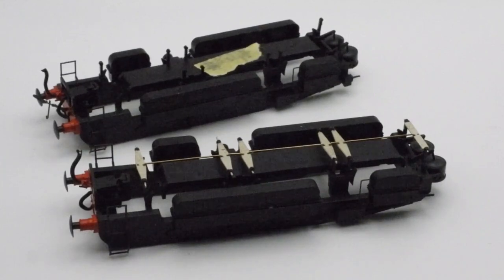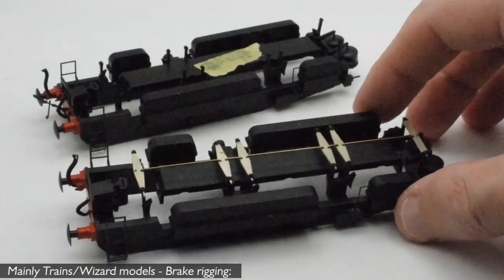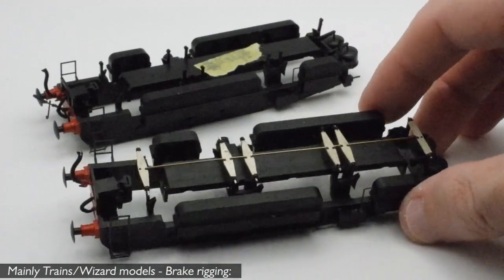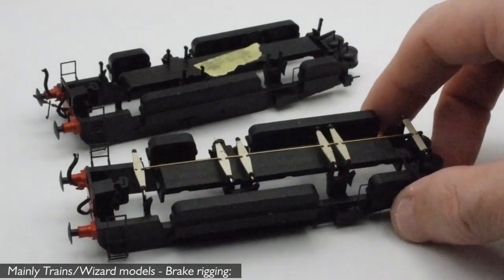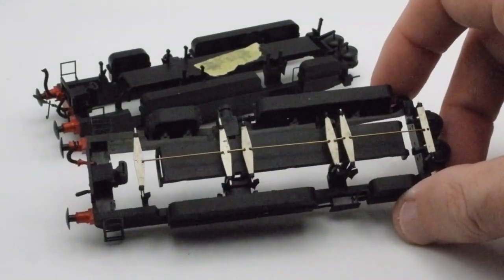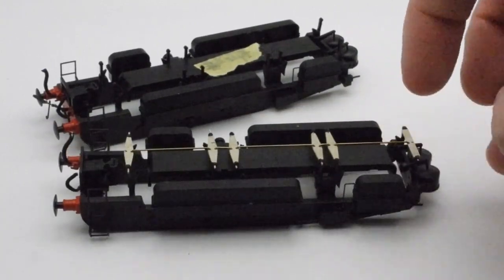So here we have the underside of the bogies, which we're working on at the moment. In this image you can see in front of us we have one now with brake rigging and one behind without. The brake rigging here is made up of mainly etched brake rigging, so yokes, etc. I've used a diamond shaped rigging on the front. Still need to get an extra one for the rear. This is all joined together with